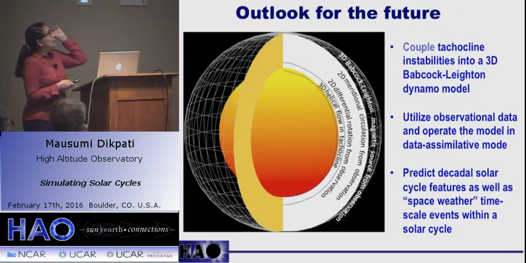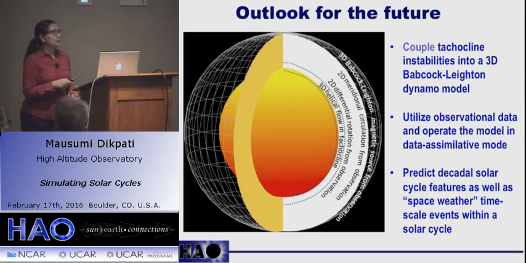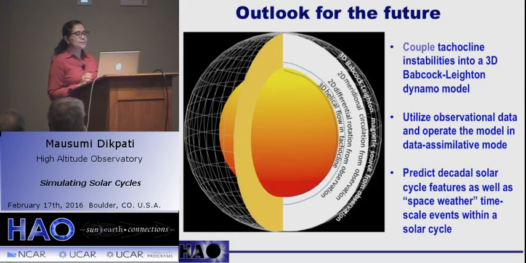So we need to couple the Tachocline instabilities into a 3D Babcock-Leighton dynamo model. We need to utilize the observational data and operate the model in data assimilation mode, and then we can predict decadal time scale as well as short time scale phenomena within a solar cycle, that is space weather and space